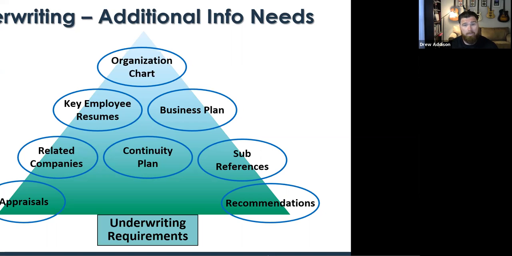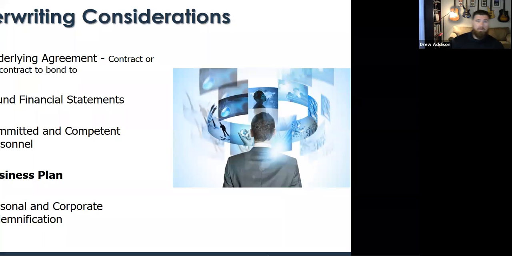Or if you have a surety program in place, it's important that your underwriter knows all this stuff too, right? If all this is not submitted to your underwriter already, you may be selling yourself short. You want to provide the best information possible, and it's up to your agent to sift through all the information and put it together in the best package to provide the best opportunity for you.